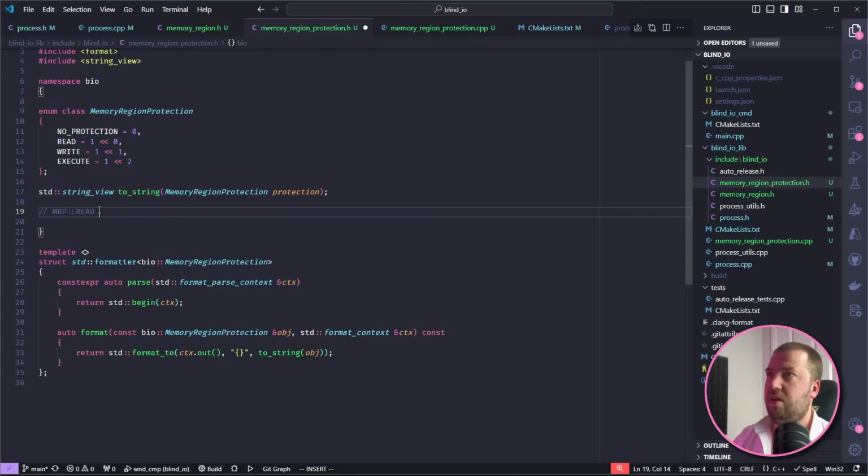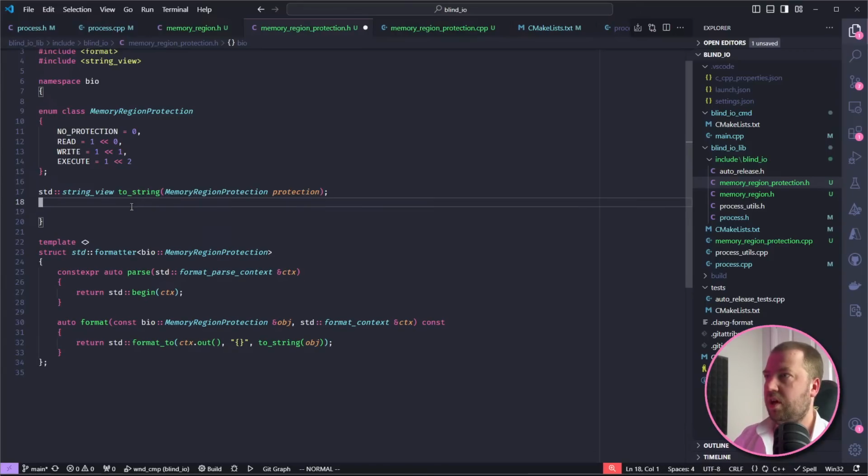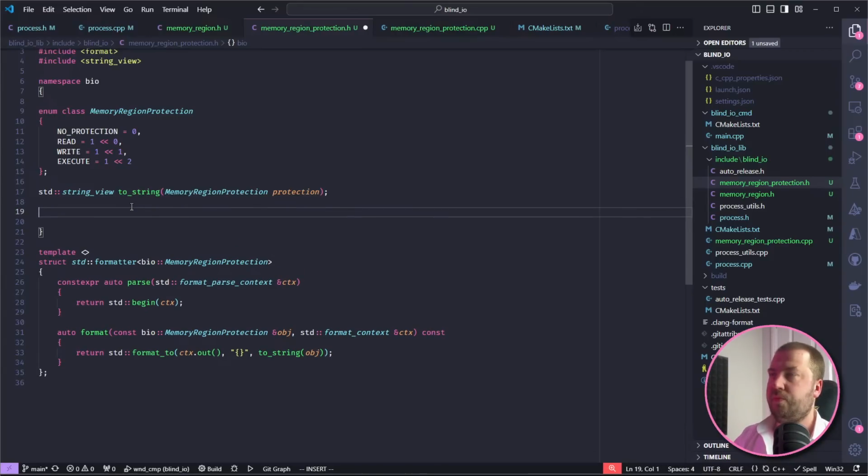Read XORed with MRP, right, and that allows us to represent combinations of these, which is why I've set these values to be what they are. So I think there's definitely values. Comments are hard to read on this theme. Apologies. I hope you could read it, or at least my description was sufficient. If not, again, I'll start writing some code and hopefully we'll get there.